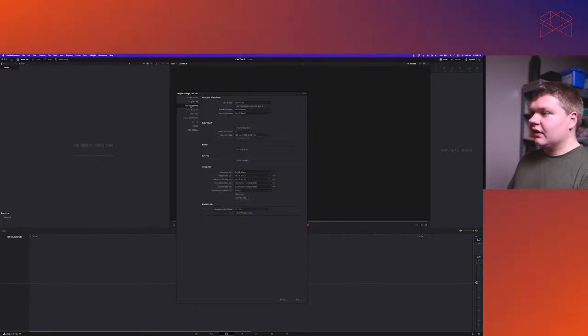Okay, so we set that, we change that to that, and then one more thing we're going to change in color management. Instead of Rec 709, we're going to do P3 DCI and sRGB